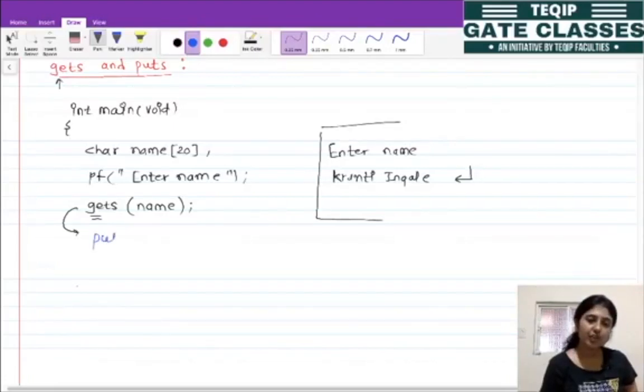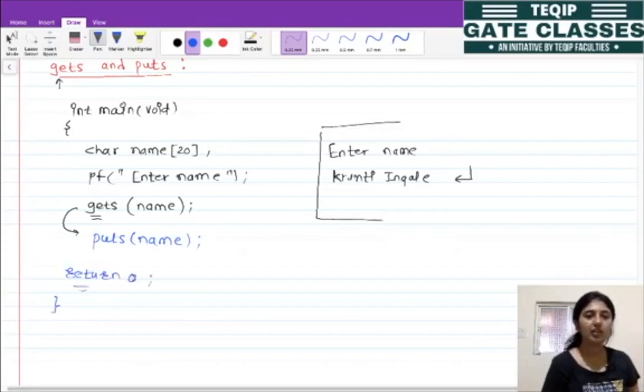So yes, we can either use the printf statement with %s to print this, or we can use the puts function. This puts function will print this Kranti Ingle in the output screen, and let me write return 0. Why this return 0?